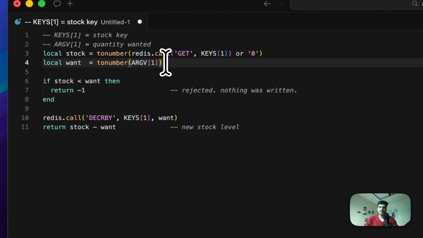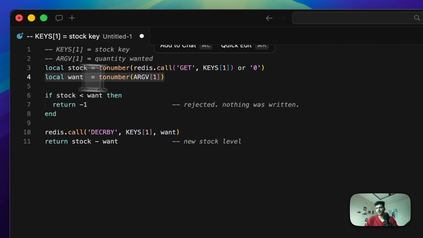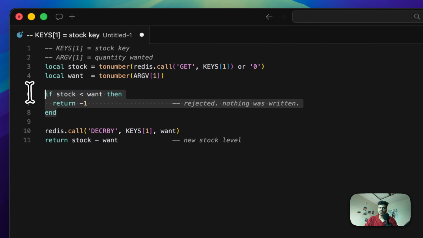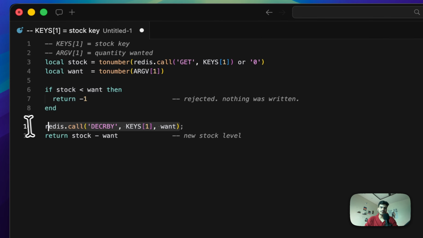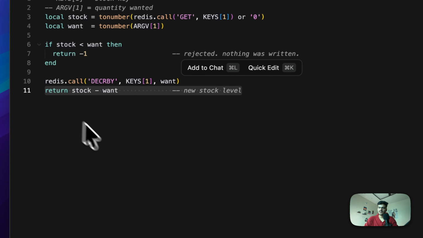So let's go one by one what this Lua script is doing. So first step it's doing is it's calling Redis command. It's trying to fetch the key. So after fetching the key, it's converting it to the number, right? And then it's asking how many stocks you want, right? And then it's checking if the number of stocks which you're asking is available or not. If it's not available, we'll just return -1. If it's available, we'll decrement the asked stocks from the availability, and then it'll return the remaining stocks, after decrementing,